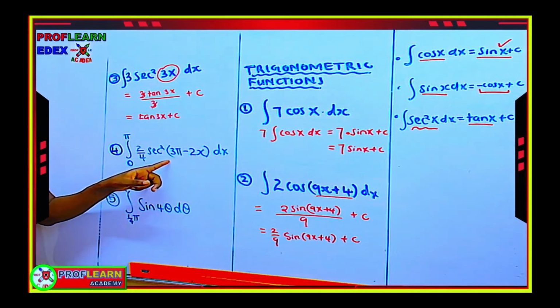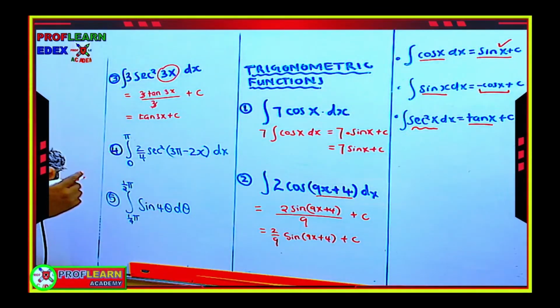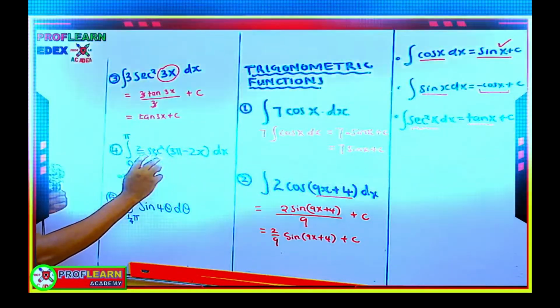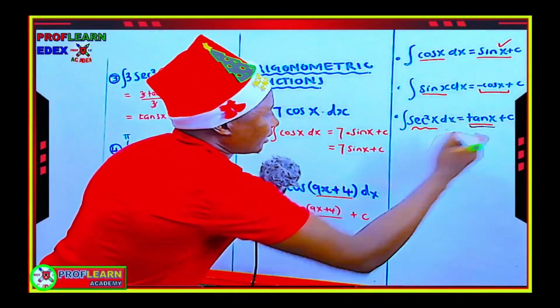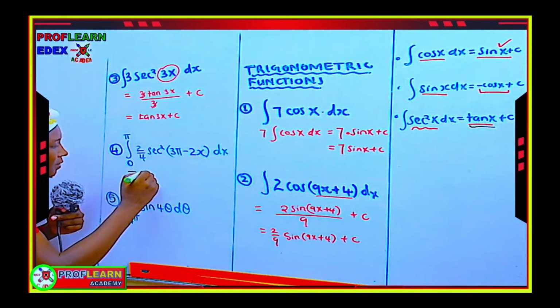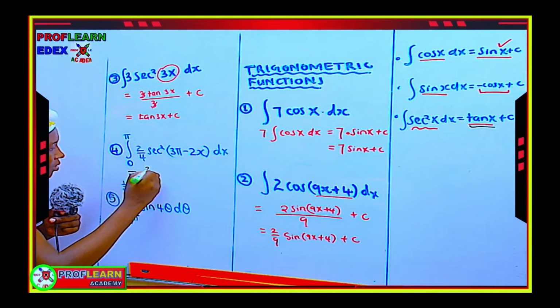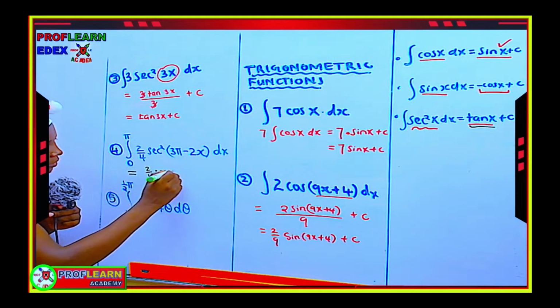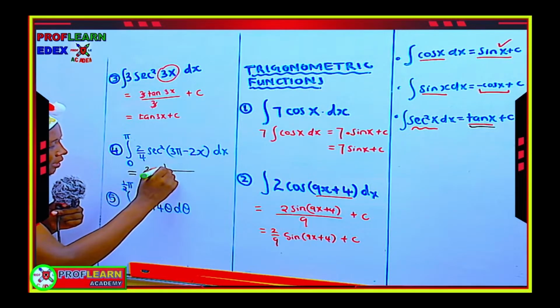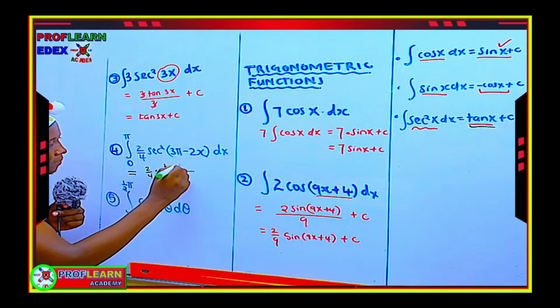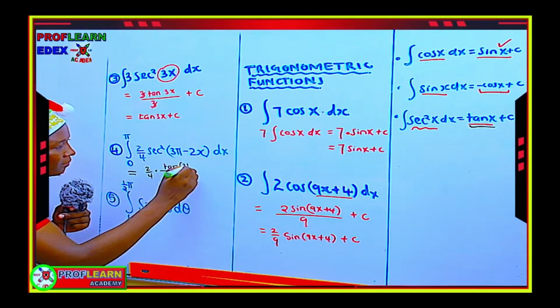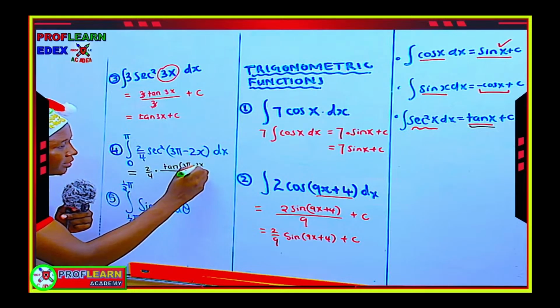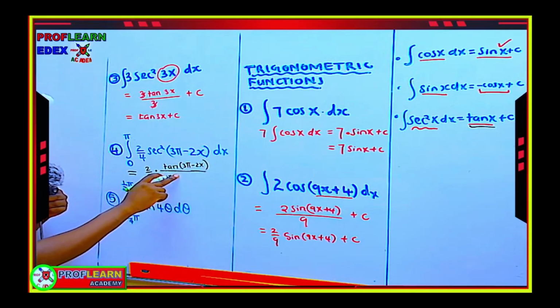Now this one also, integrating sec squared, we are going to get tan. So we can say this will be 2 over 4, the way it is. Sec becomes tan. We shall write everything with pi minus 2x the way it was. Then we shall divide here